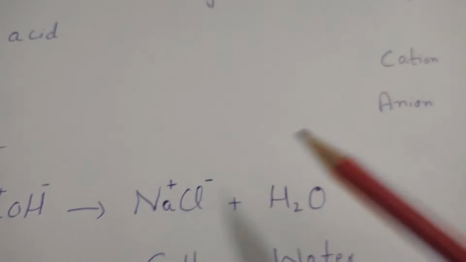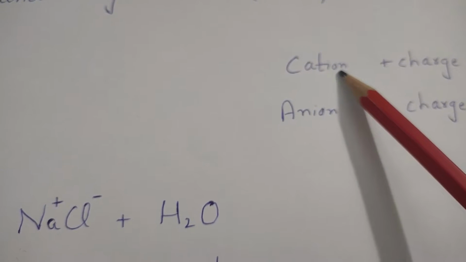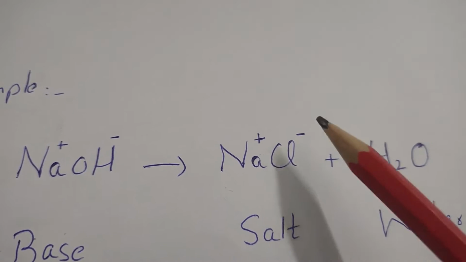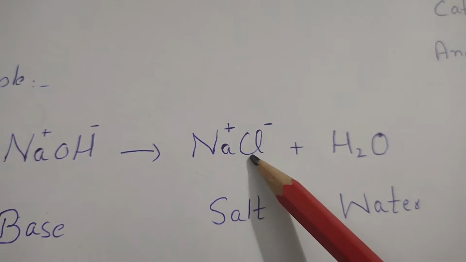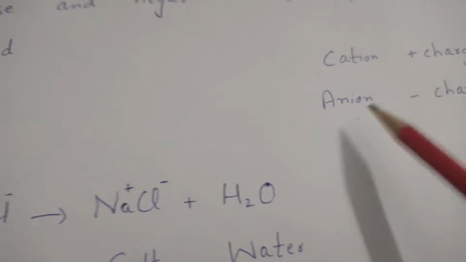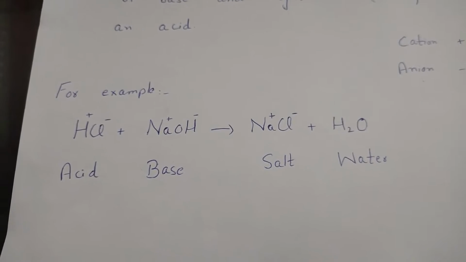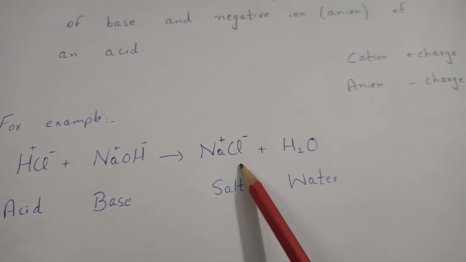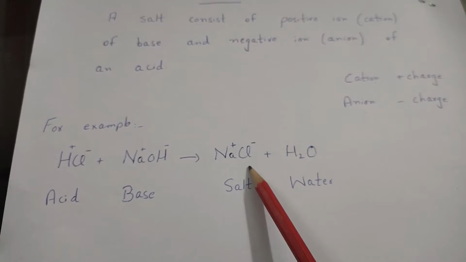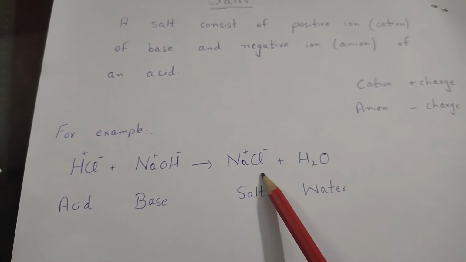So we know that sodium is the cation, and chlorine has a negative charge. Negative means anion. So whenever there is a formation of salt, for example NaCl is a salt, sodium chloride, that is